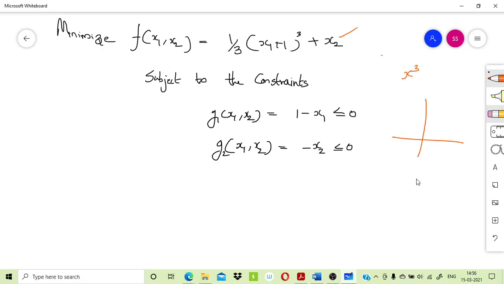So if you draw the graph of x cube, you will get something like this. This is the x cube graph. So in that case, this is also convex. And the sum of two convex functions is again a convex function. So f is convex, and g1 and g2 are also convex functions because these are linear. This is linear, this is linear, so these are again convex functions. Now